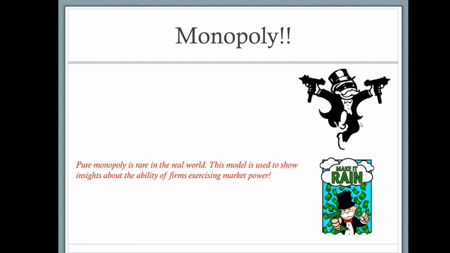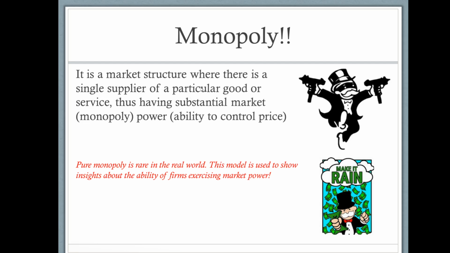All right, so you can imagine monopoly like this. They're so powerful, they can actually rob your money. And when you take a look at a definition of monopoly, you can see right here, when we are talking about monopoly, there's only one supplier of some particular good or service, and that is why they have substantial market power,